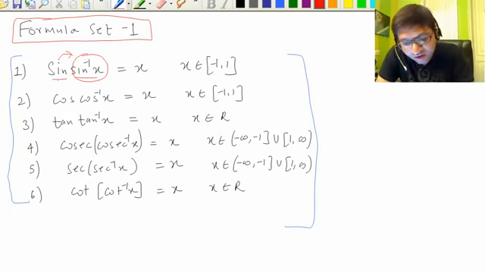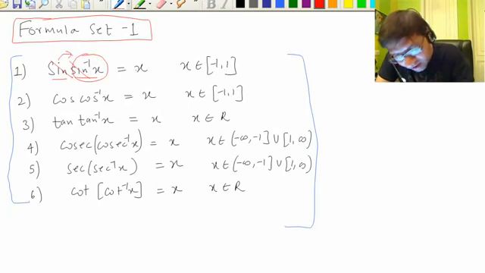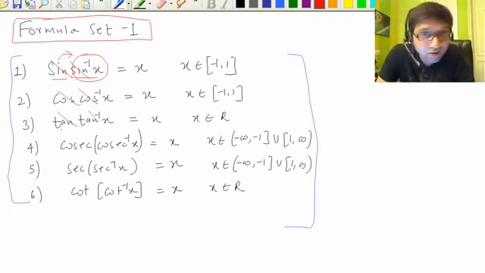So in this case we can simply cancel sine inverse with sine and say x, but the constraint is that x should be in the domain of sine inverse x that we just saw on the previous page. The domain of sine inverse x is minus 1 to 1. Same here. So domains are the same as we discussed while discussing graphs, right? So you can simply cancel sine with sine inverse, get x, cos with cos inverse, get x, tan with tan inverse, x. Actually we are not cancelling anything, it's just a way to represent it.